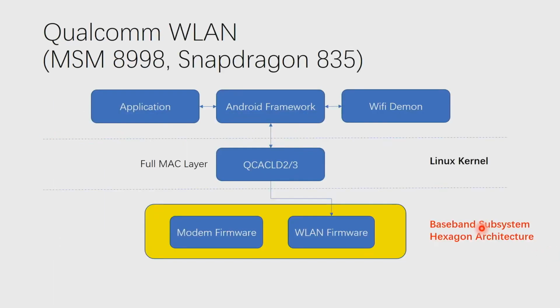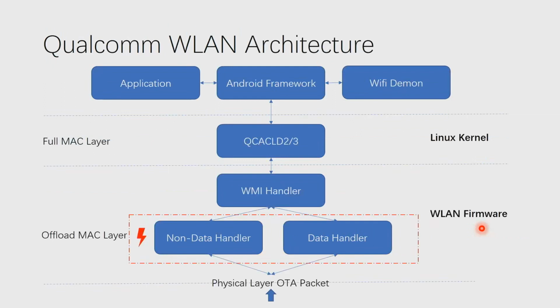Let's review the architecture of Qualcomm WLAN. The WLAN is now in the baseband and the Hexagon architecture, so that we can analyze the WLAN, and if we control the WLAN, we will control the baseband subsystem. Here is a simple figure for the WLAN architecture, and from the figure we can see that the Qualcomm